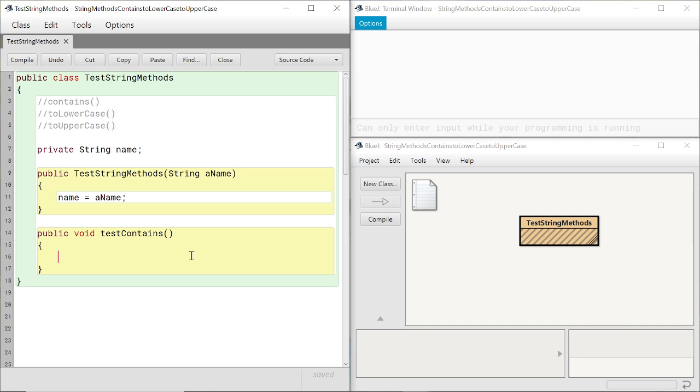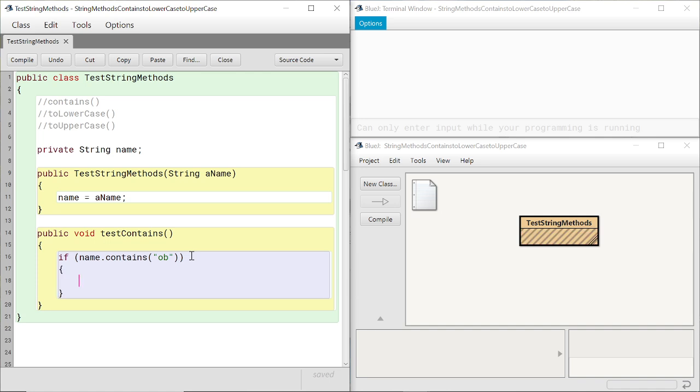So let's say we want to check if name contains, let's put it in an if statement, as it returns a boolean. So if name contains "ob", you have to put this in brackets,